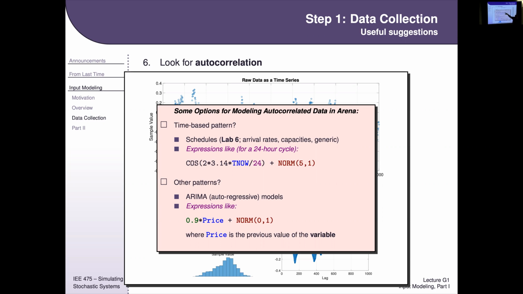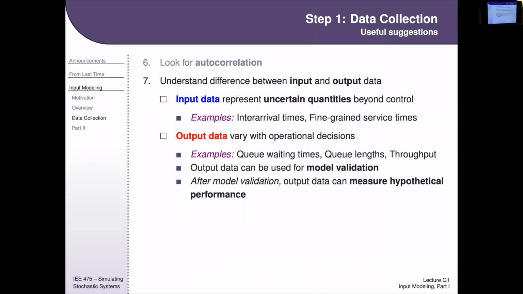And you can also do that with capacities. You can do that with failures and so on. And so schedules are the simple way to implement these patterns over time. But if you need something more complicated, we can talk about that on a case-by-case basis with your projects. And there are other ways we can implement that, which I'm just hinting at there. And I think we're almost done here with the data collection tips. So I know this is kind of dull, but